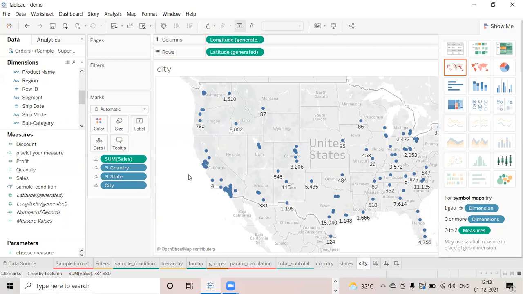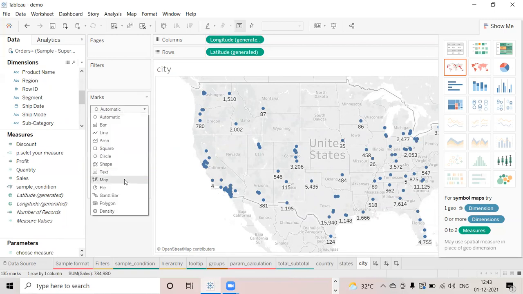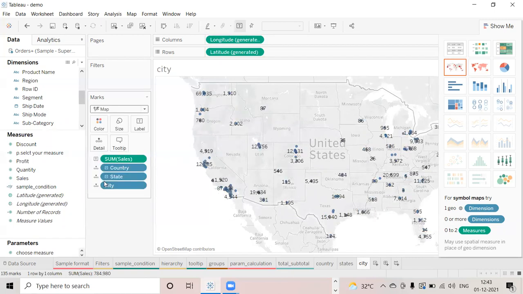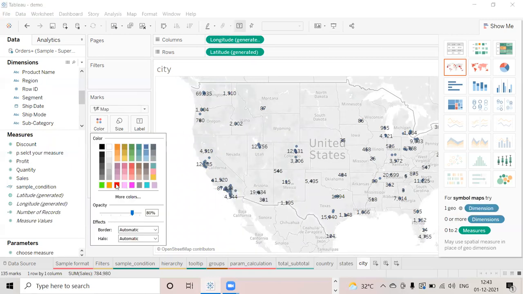So we can see how much sales there are in each city. Suppose I want to give a boundary for that, it will be like this, and if you want to change the color, you can change the color.